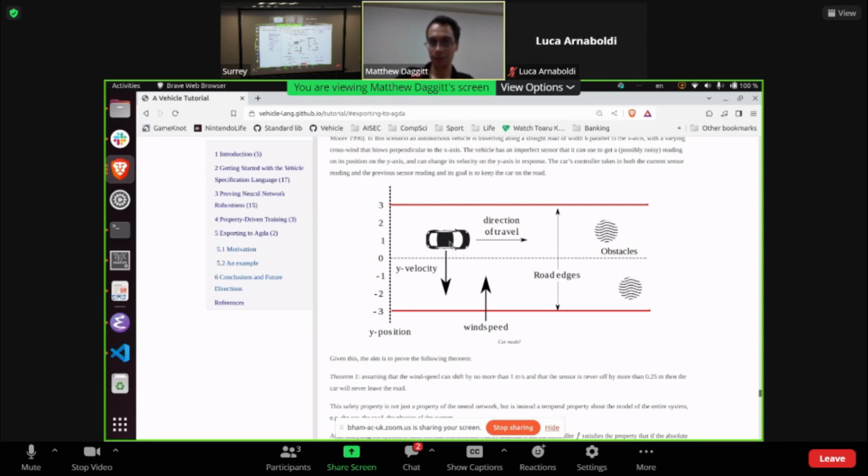It can take sensor readings of where it is on the road. There might be some noise in those sensor readings, so it doesn't have a perfect idea of where it is on the road, but it approximately knows where it is. It can access the sensor reading, and it can access the last couple of sensor readings that it's got. And what you would like to prove, the safety property of this entire system, is that